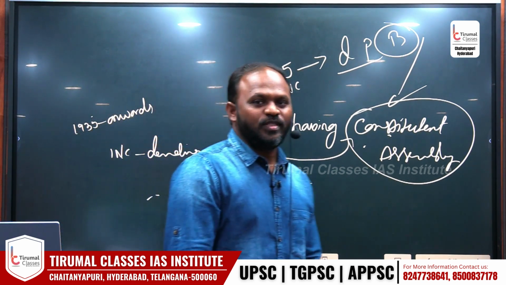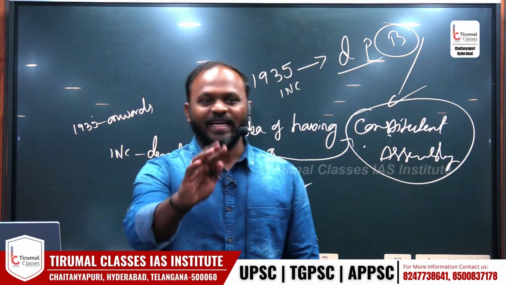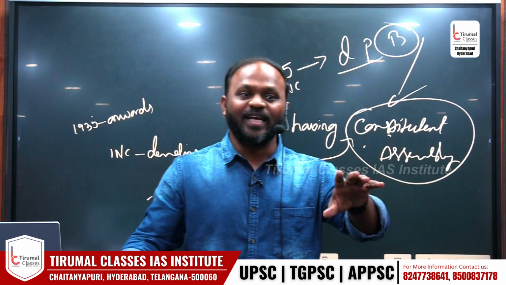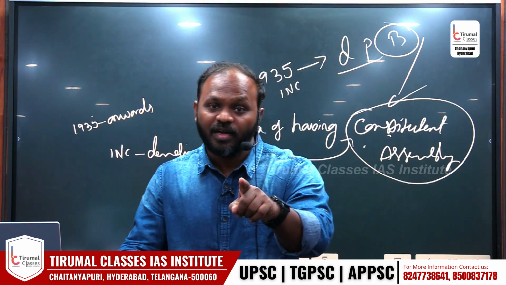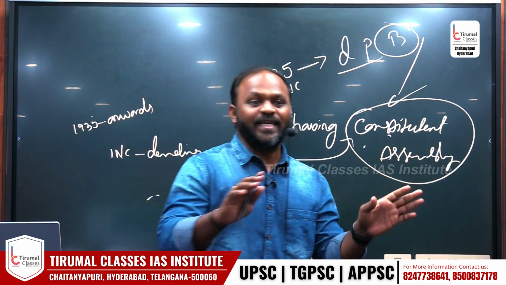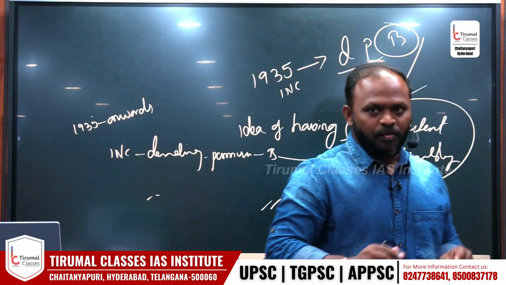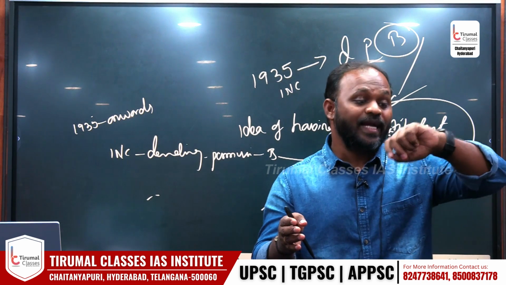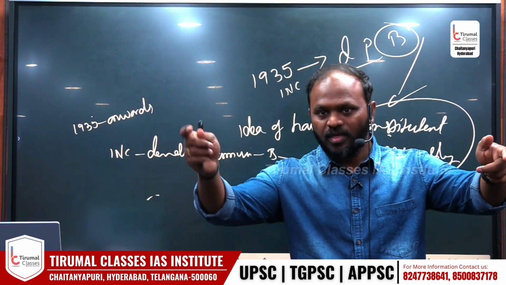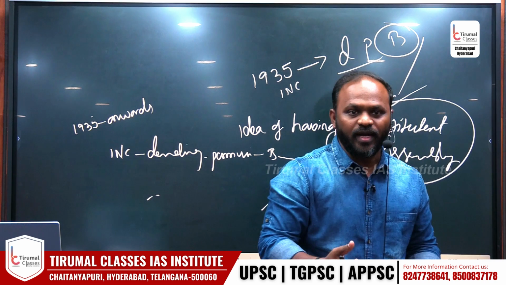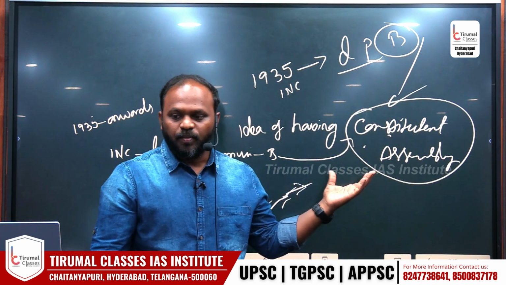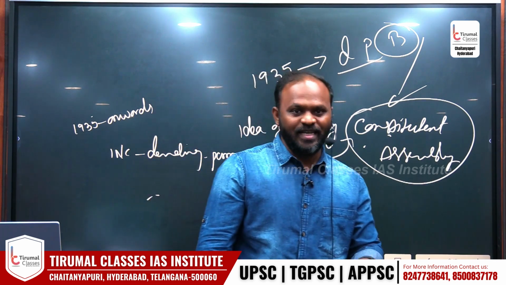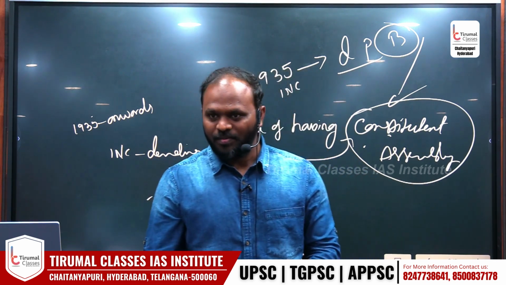But the Britishers knew this point very well. If they create a Constituent Assembly, they will create the Constitution. If they create a Constitution, they will demand independence, which the British don't want to give us. But if we want to get independence, we need a Constitution. To create a Constitution, what is required? A Constituent Assembly. The Britishers were very clear that if they give permission to Indians to create a Constituent Assembly, they'll